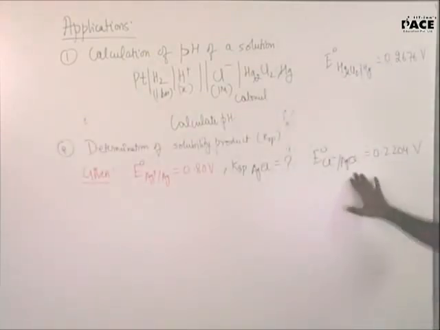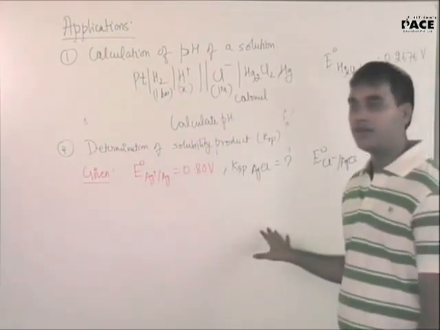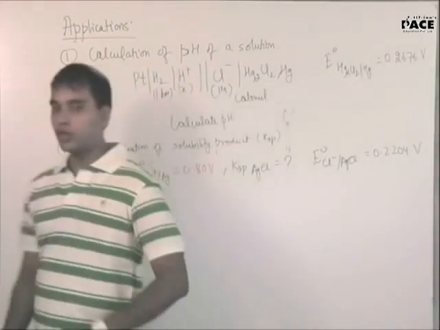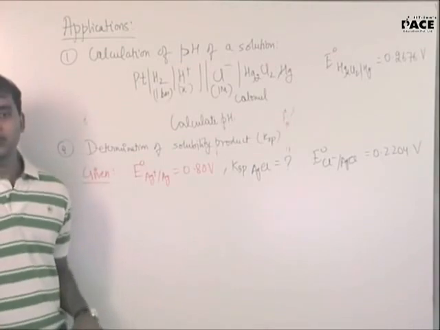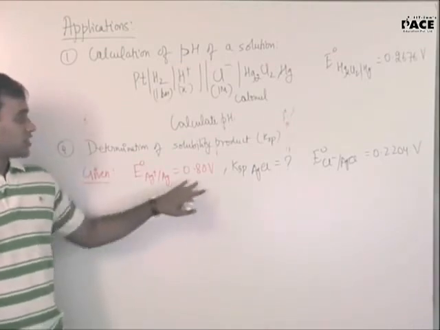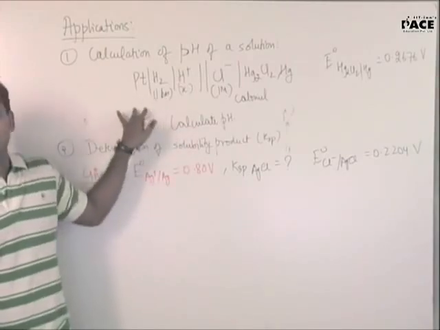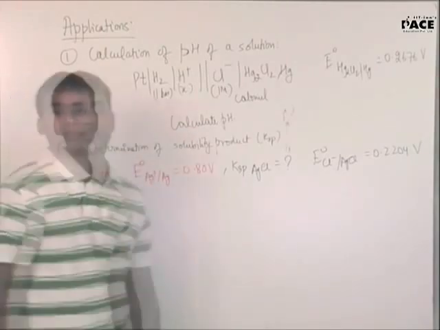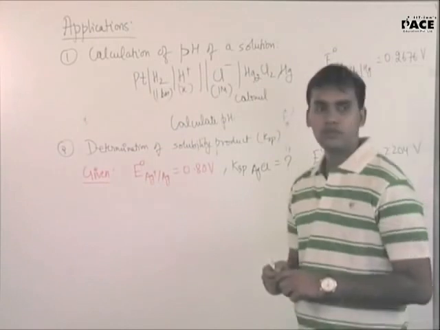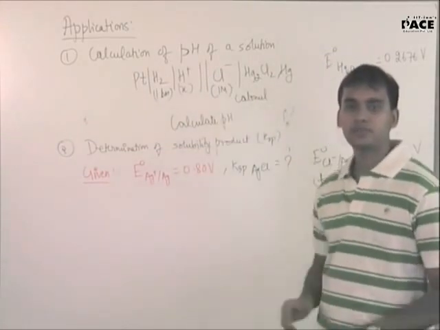In this question, only a half cell reaction is given to you, and in the first question, they have given you the full cell reaction equation. So you have to determine what is KSP in this case, and second you have to determine what is the pH in this case. Start solving. Try it once. पहले question में क्या करेंगे?